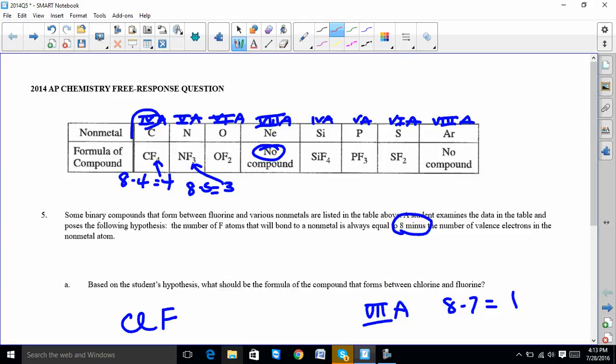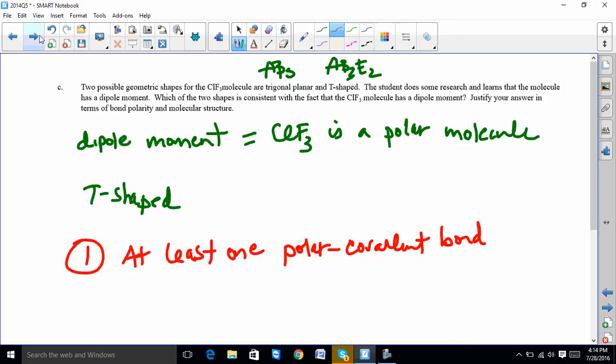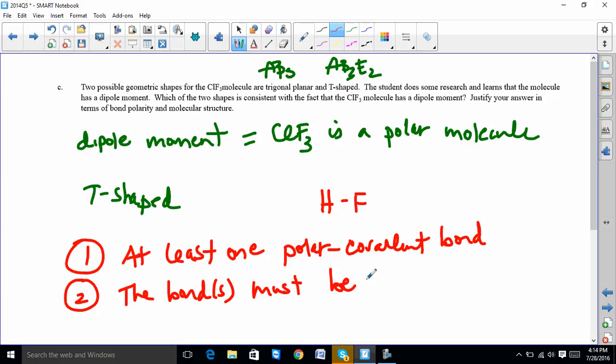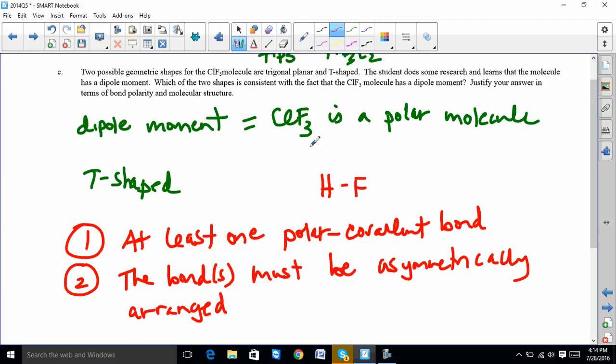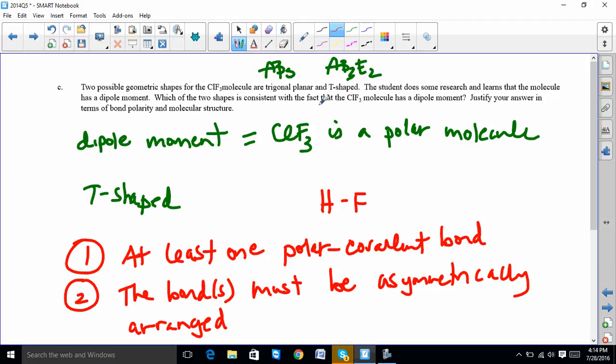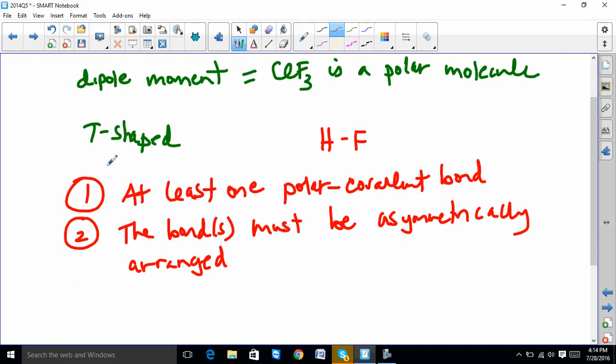And here's the most important thing. And 2, the bonds, because you can have some molecules like HF that only has 1 bond, must be asymmetrically arranged. You need to have both of those things to have a polar molecule. So then it says justify your answer in terms of bond polarity and molecular structure. And so what happens is,